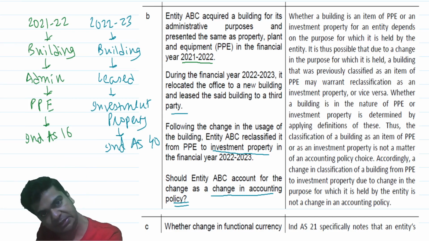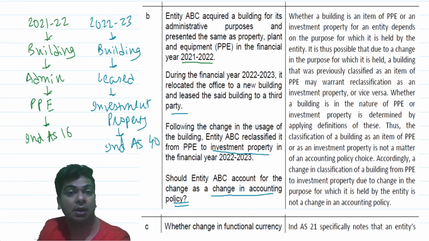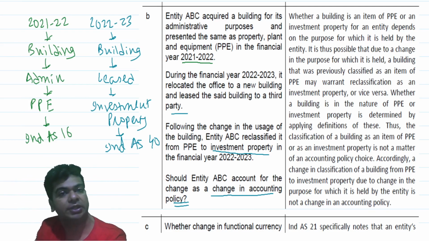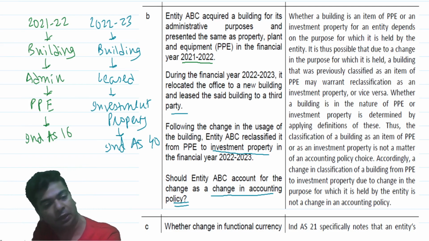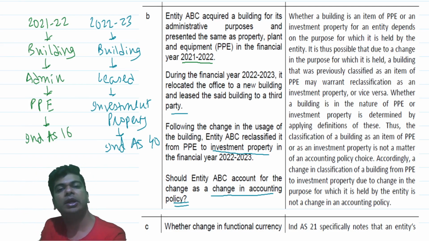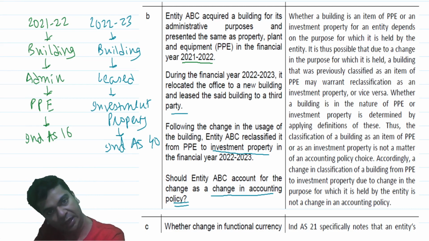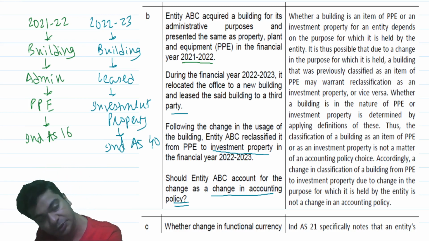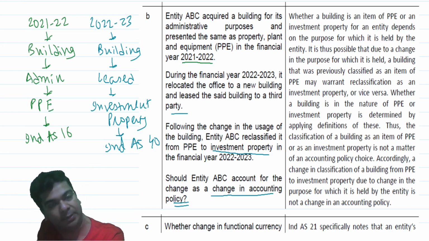If they're asking us whether this is a change in accounting policy, what do you say? It is definitely not a change in accounting policy. We cannot say it's a change in accounting policy. You are only moving from one Ind AS to another Ind AS. Someone can always counter argue that, come on, change in accounting policy does not mean a change which is required by the Ind AS. You know, they say if required by Ind AS.